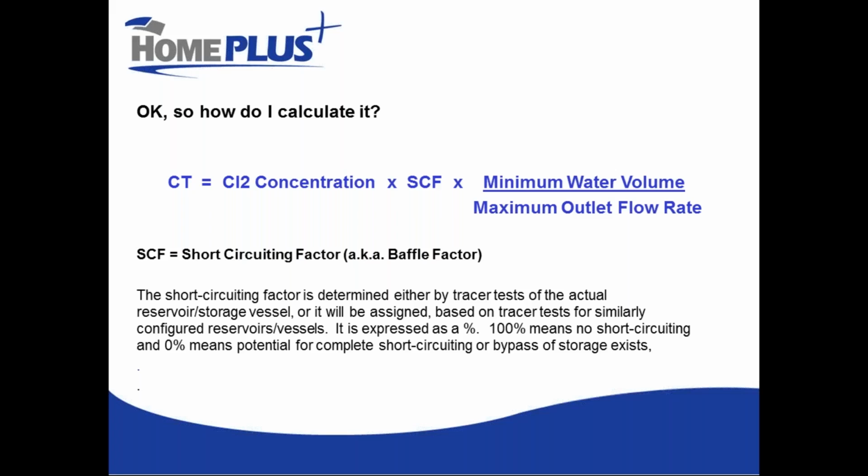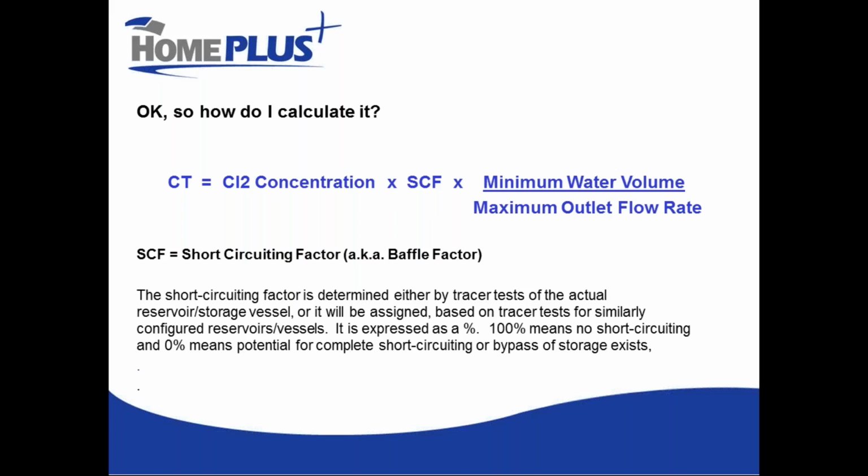You can calculate those things. And it's important that it says minimum water volume there because we need to take into account the fact that our reservoirs are not always full and we've got to base things on worst case scenario. So that's usually the level at which your tank starts refilling itself upon drawdown. And then we divide that by the maximum outlet flow rate from that reservoir to get the CT for that particular